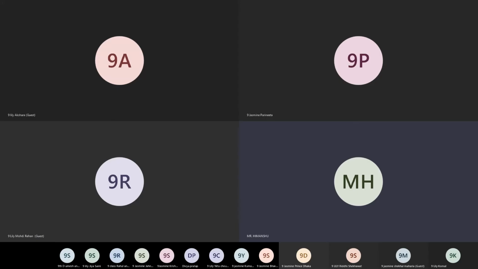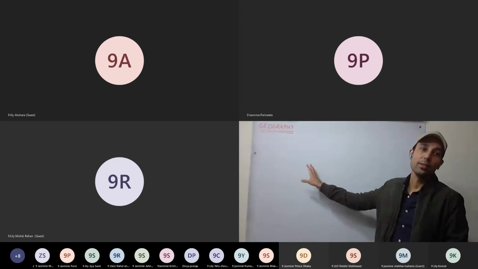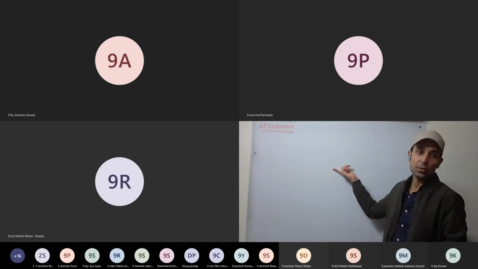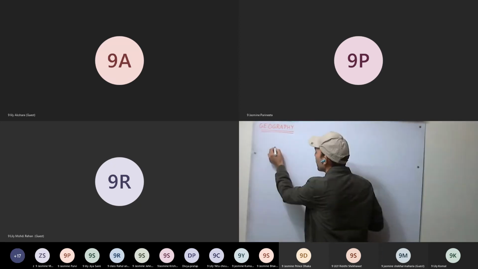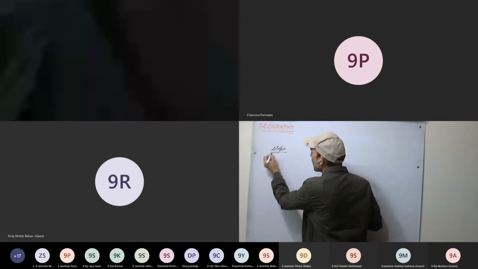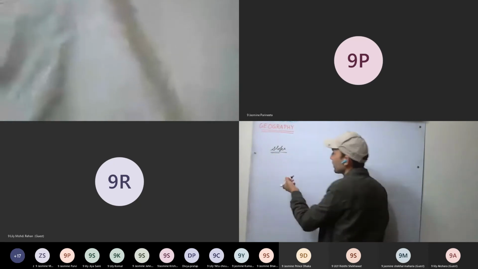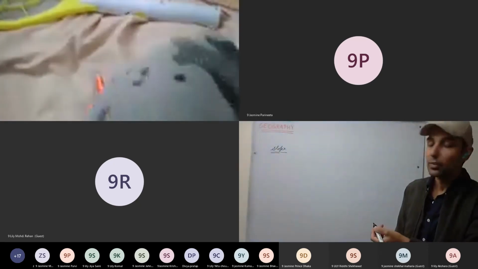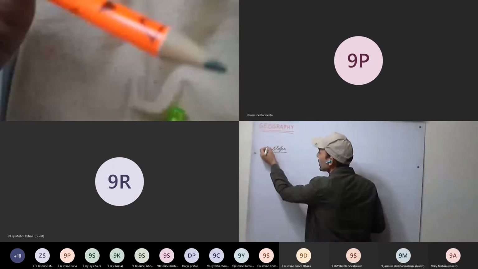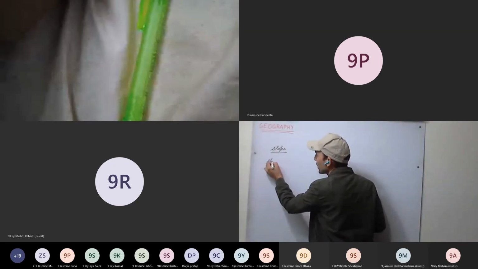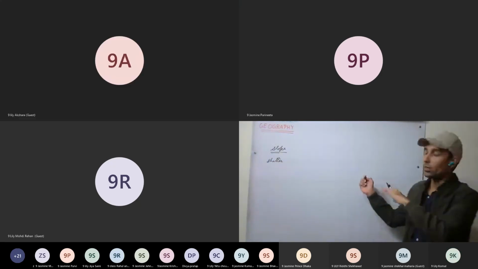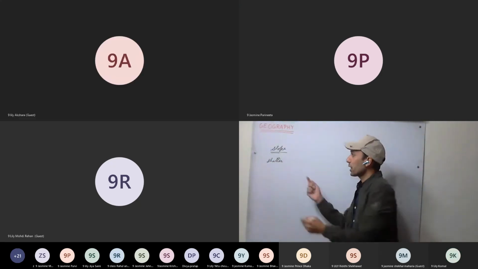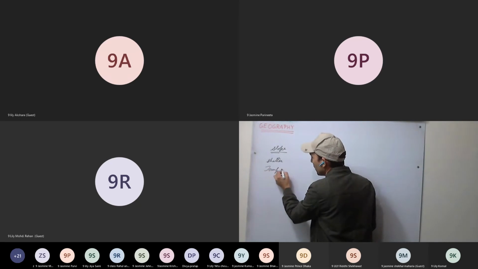The latitude, altitudes, winds, and ocean currents are impacting the variation in temperature on the Earth's surface. How they affect the temperature on the Earth's surface. Now today we'll be discussing first the slope, and then the slope temperature inversion we will discuss. There we are discussing the mountains, so we will discuss the sheltered side and the sunny side of the mountain, and we will discuss the temperature inversion.